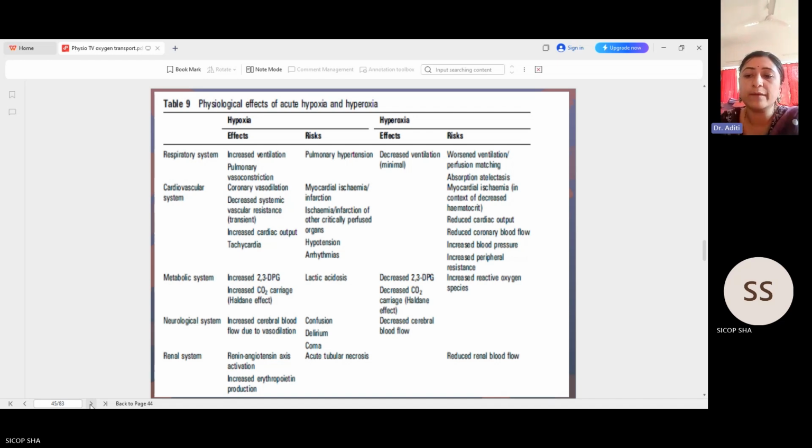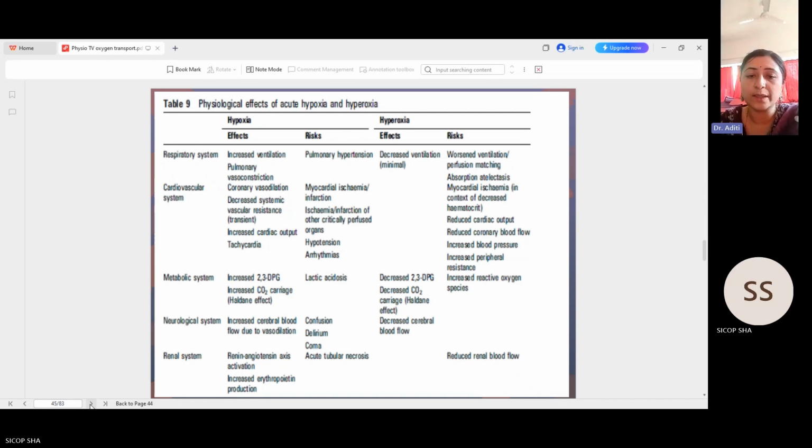At the metabolic level, there is an increase in 2,3-DPG. There is increased carbon dioxide carriage, that is called the Haldane effect, and there is increased cerebral blood flow due to vasodilation, again to counteract the decreased oxygen content. And at the renal system level, the renin-angiotensin axis activation occurs, and there is increased erythropoietin production. So because of hypoxia, again, the patient is at risk of developing pulmonary hypertension, myocardial ischemia or infarction, hypotension, arrhythmias,